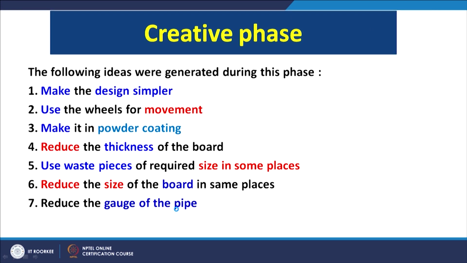By now we have tried to understand the overall summary. Now what is the overall summary? We now know which part is contributing more cost, and which part is contributing more weight to the product, because in the case of a divan, one of the criteria can be that it must be light in weight, or we can put the rollers or the tires just below the forelegs so that we can easily move it or make it portable from one place to another.